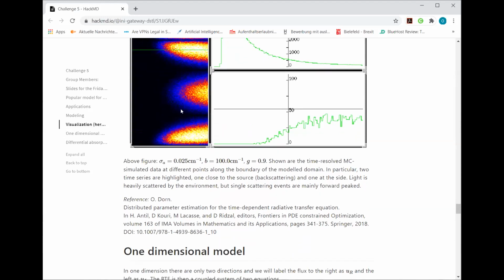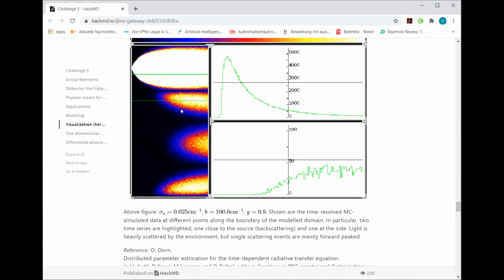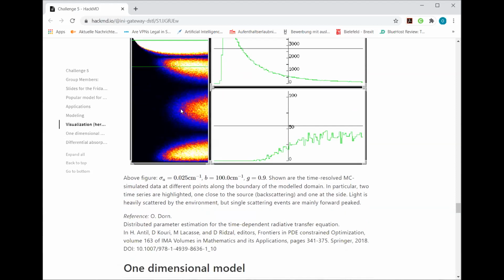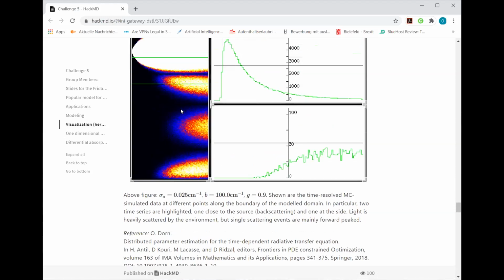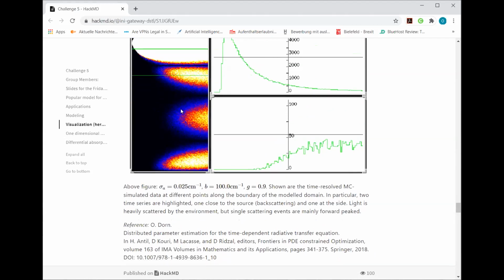So if you want to do the inverse problem in multiple dimensions, it means you have 3 space dimensions, 2 angular dimensions, and 1 time dimension. This is actually 3 angular dimensions. So it depends on whether the forest is 3-dimensional or 2-dimensional for you. So you can figure out it's a highly dimensional optimization problem. If you want to do this, you have to first figure out what are my parameters in my model and what type of propagation am I looking at.